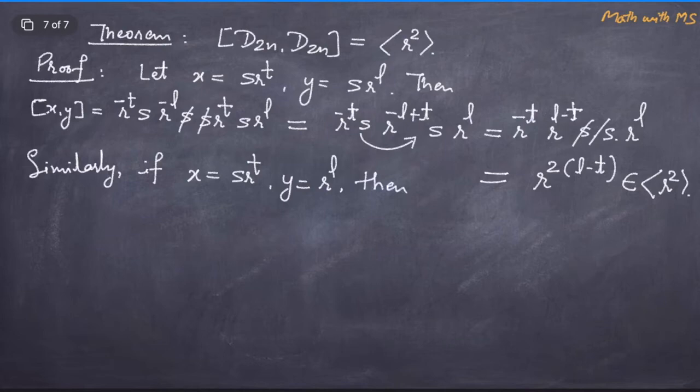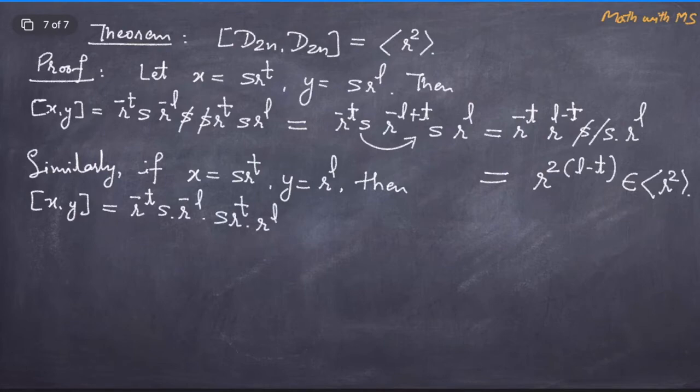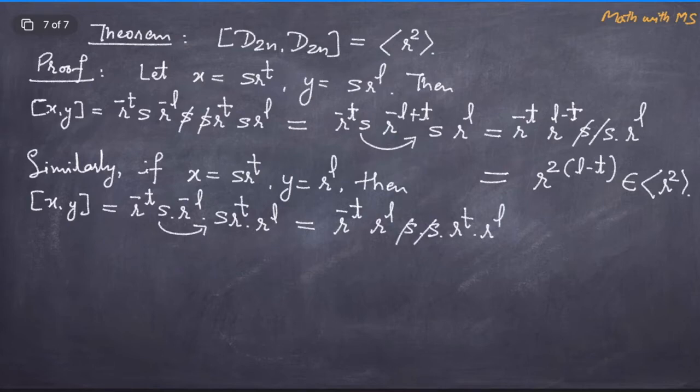The commutator of xy is of the form R to the power minus t into S R to the power minus L S into R to the power t and R to the power L. Again we bring this S together, so it is R to the power minus t R to the power L into S R to the power t into R to the power L. This gets cancelled, and this is the same as R to the power 2L,